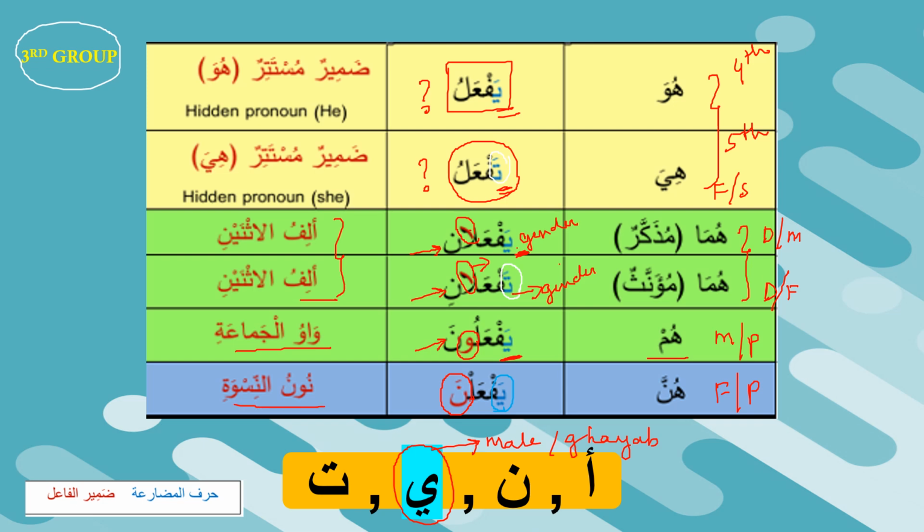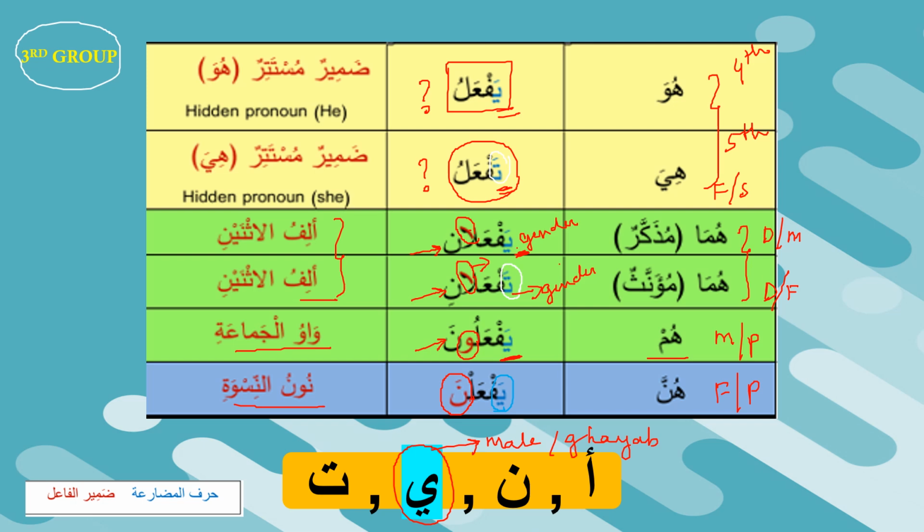You should know that noon niswa only represents feminine plural. This damir only comes for feminine plural, and it comes in the mukhatib group also, and it comes in the ghaib group also. The only difference between the two: when it comes for the mukhatib, it will have a ta letter before the fail, and when it comes in the ghaib group, it will have a ya letter before the fail